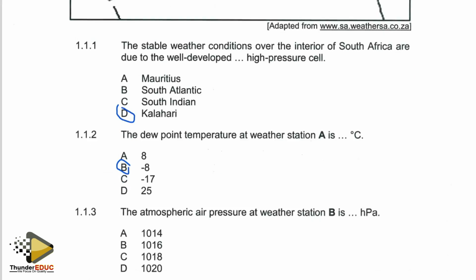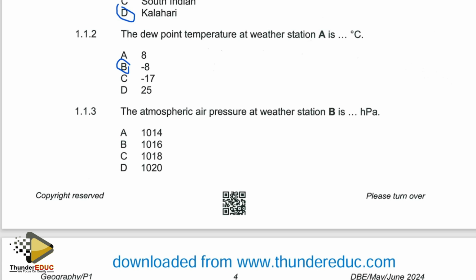If we check our responses here, there are no two responses which fall within the range of our expected responses. So the correct answer for that question is response number C, which is 1018